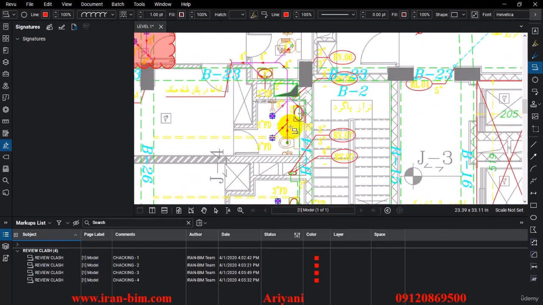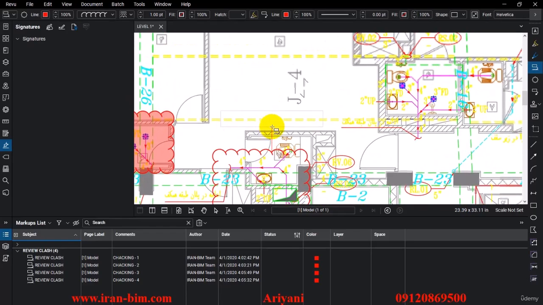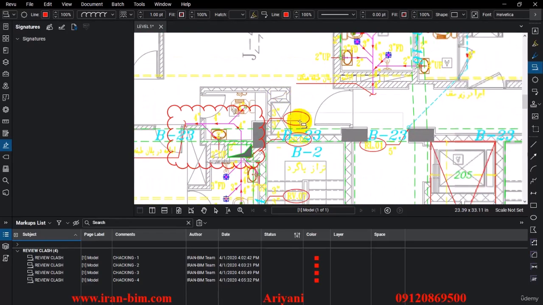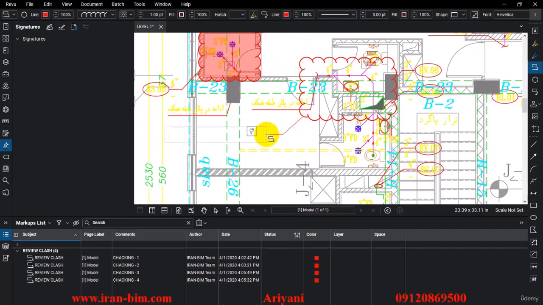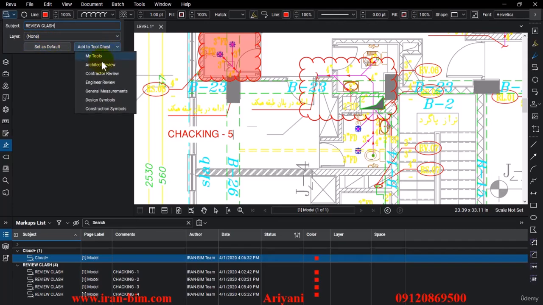So I'll select this and then highlight it. Alright, and then I'll name it checking 5. After that we'll go to this section up here, and from the subject I'll put it under review clash. Now from this part I can select the add to tool chest option and put this under each of these sections that I want. For example, I'll go to my tools now, which is a category that I created myself,